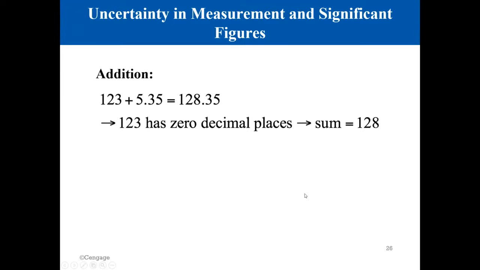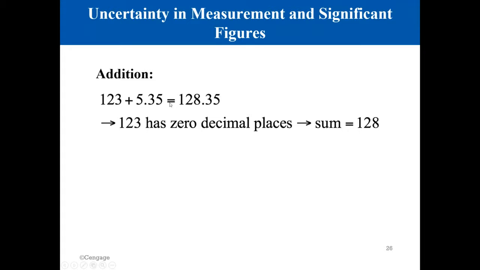When you add or multiply or subtract, you need to keep this in mind. Usually the result should contain the same number of significant figures. When you have the original numbers, you take the smallest number of significant figures, and that would be the reference for you. So if you add 123 to 5.35, the result is